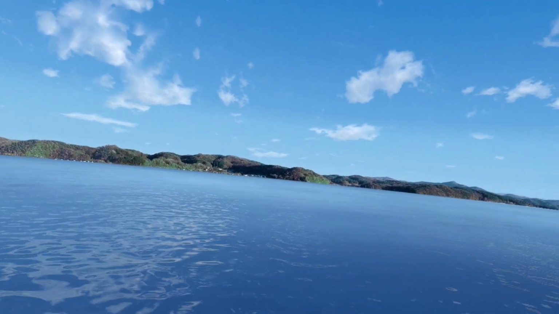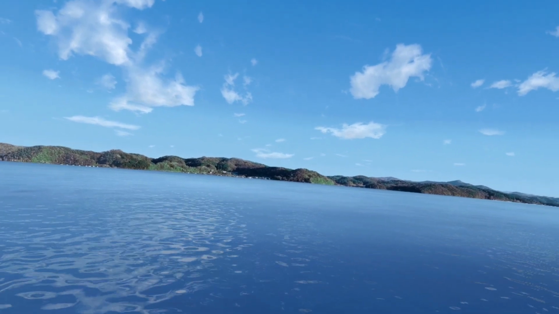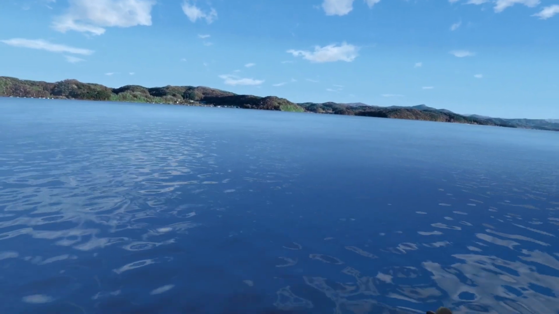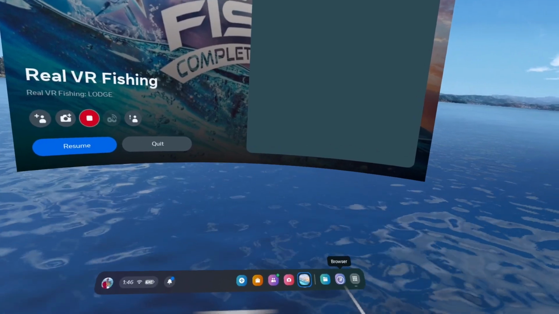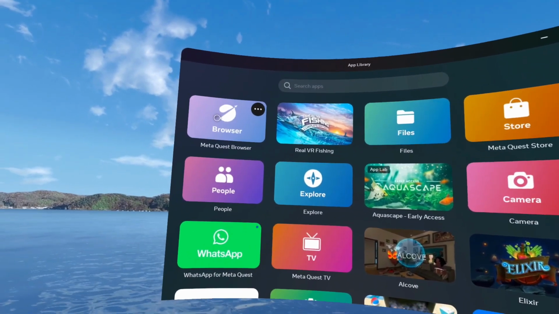Now I'm going to show you how to save this as a favorite. That way you can easily access it when you're in the game. So first you're going to want to go into your menu here just by clicking your Oculus button, and you're going to be looking for your browser. If you don't see the browser there, click on your app library and just look for browser right there,